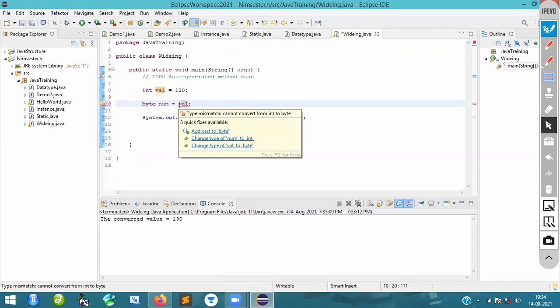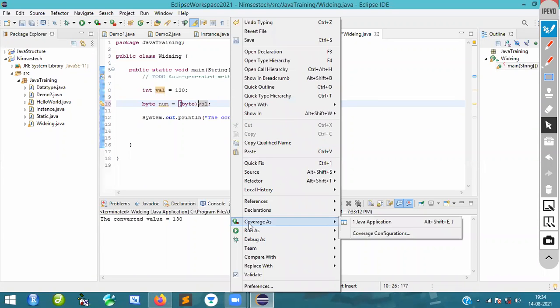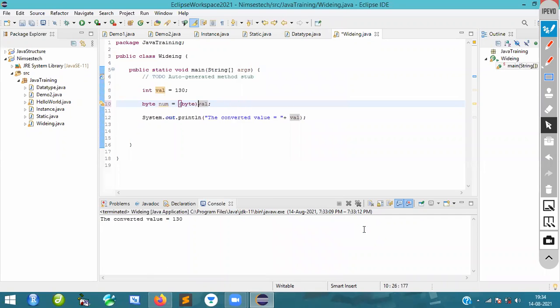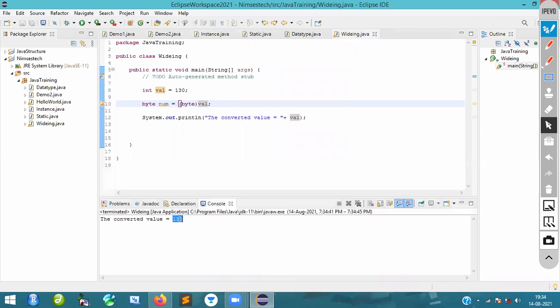So for that, what am I going to do? Actually, I want to convert it. I don't have any choice. At that time, you have to do the typecasting, explicit typecasting. The programmer is doing explicit typecasting. I mention that particular type, that is byte. Again I am saying you convert, no problem. Still I can take that value. We are requesting the compiler, saying even though it's okay, no problem, you compile it. It doesn't matter to me. Then it will convert and give you the value. This is what we call narrowing.